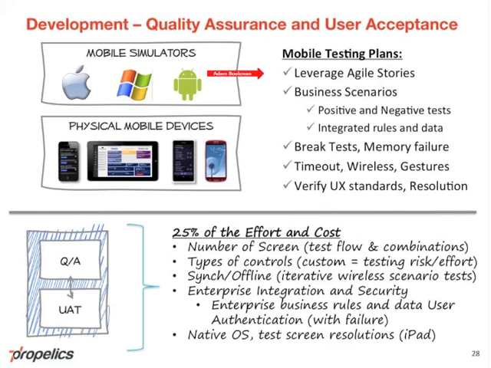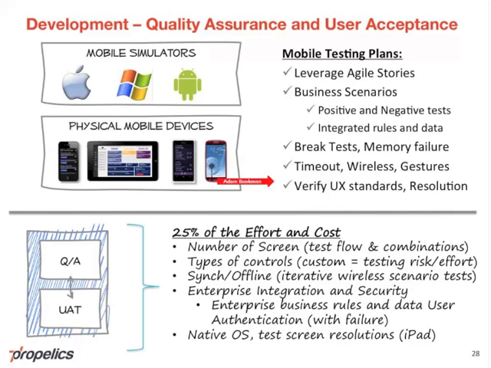So from a testing plan, and this is, again, heavily leverageable from some of the testing structures you have today, the nuances would be some of the positive and negative testing, the integration rules. When you get into mobile, there's more of a memory type check. You really want to do the break check, multiple button push and the gestures and things. When you're dealing with the wireless device also, there's timeout, so we take a call, we flip over to a different app, we come back, and there's a lot of nuances around that. And again, when we get down to the per device acceptance, the resolution, and